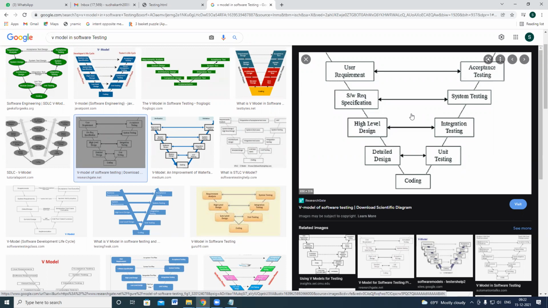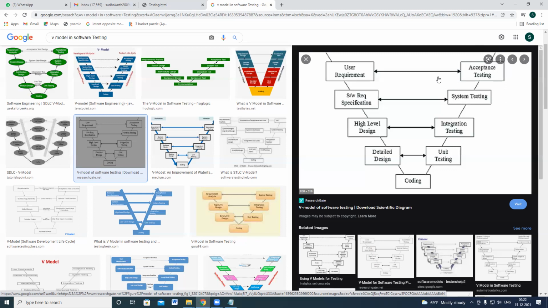Okay. So the activities will be carried out along with the verification activities. We can ensure all the acceptance criteria are met or not. During the software requirement specification, we will ensure all the system testing criteria are met or not. And during high level design, while writing your test scenarios and test cases, you can ensure all the integration test case functional flows are covered or not. And during detailed design, you can ensure all the independent modules are working correctly or not. So each and every criterion you are ensuring prior to receiving the build. Okay, that's why we call this model the V model.